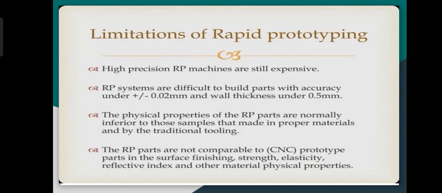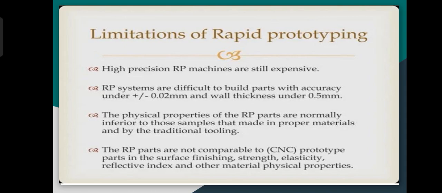Coming to limitations of rapid prototyping: high precision RP machines are still expensive. RP systems find it difficult to build parts with accuracy under plus or minus 0.02 mm and wall thickness under 0.5 mm. The physical properties of RP parts are normally inferior to those of samples made in proper materials and by traditional tooling. RP parts are not comparable to CNC prototype parts in surface finishing, strength, elasticity, reflective index, and